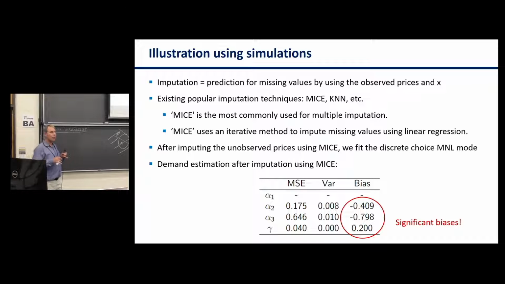KNN is the K nearest neighbors technique that averages the parameters based on the nearest parameters. So if we use MICE for this example, then we have significant bias, and we obviously want to